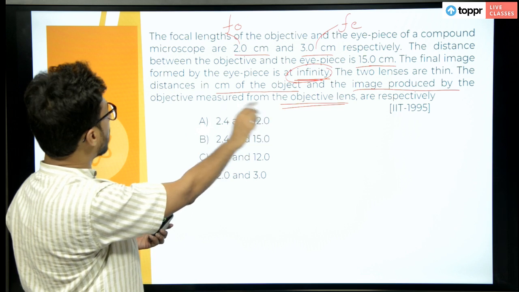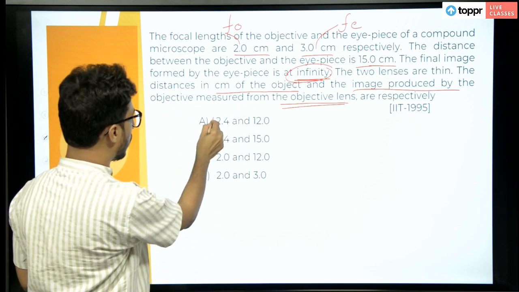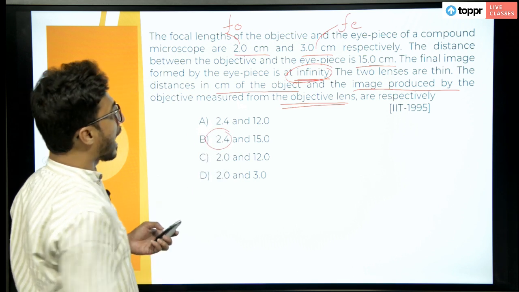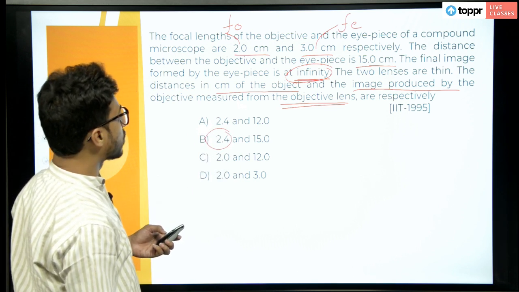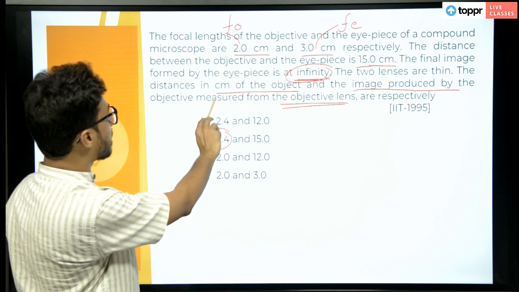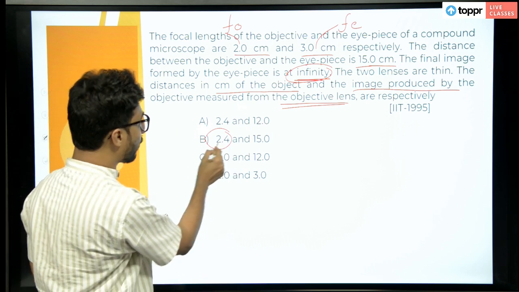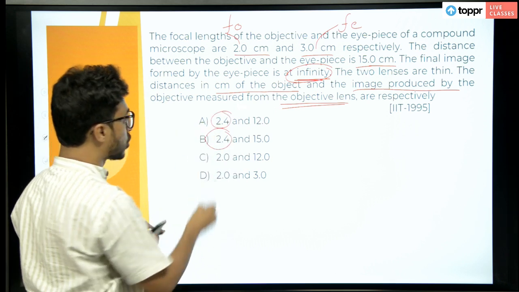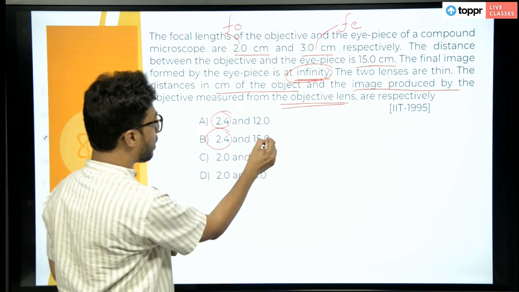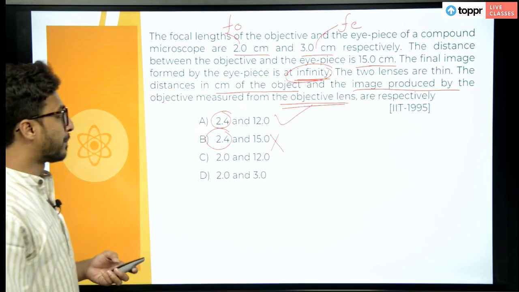We have to find out the distances in centimeter of the object and the image produced by the objective. But 2.4 is right, so this 2 will be the plausible answer, but this is 15, so it will not be. The answer is number A. So number A